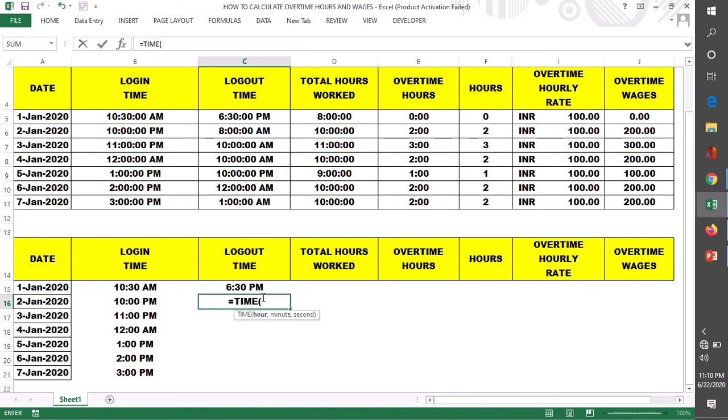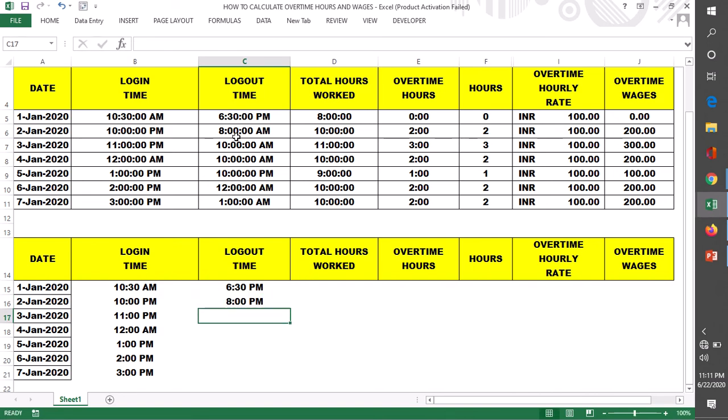So simply, we will enter 16, or we will enter 18, comma 0, comma 0, 6, sorry, 20.